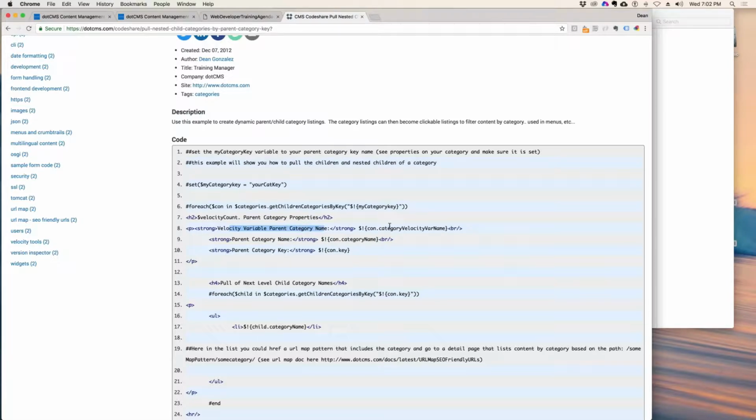Velocity variable for the parent category name would be whatever category you're iterating over, just like we did category name just a second ago. You could get the category velocity variable, the category key, and then you can iterate over the next set of children. You could say for each child or grandchild inside of categories.get children categories by key, and you can go ahead and sort it again, right? And that's just what we're doing in a little widget that I already have pre-prepared,